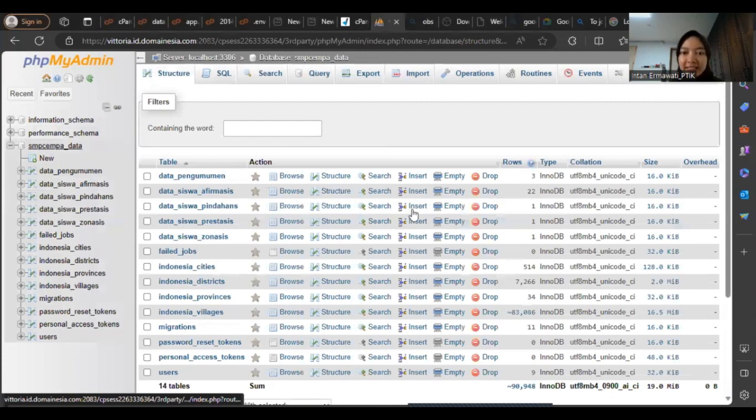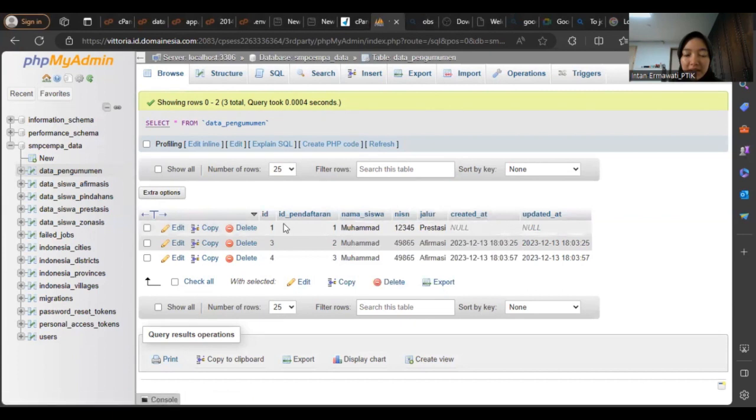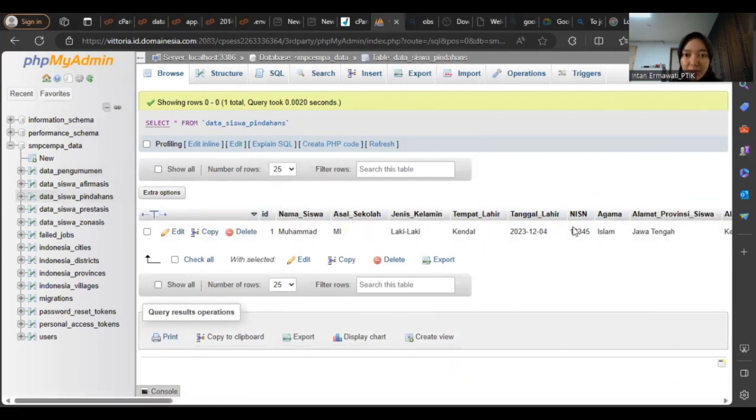Oke, nah di sini sebelumnya saya sudah membuat nama tabelnya terlebih dahulu, yaitu SMP Cempa Data, kemudian saya isi tabel-tabelnya. Di sini saya juga sudah membuat data dari tabelnya, ada pendaftaran, nama siswa, dan sebagainya. Semuanya sudah saya isi sebelumnya.